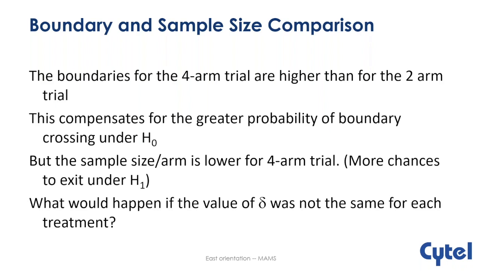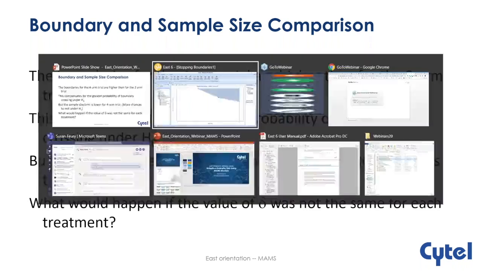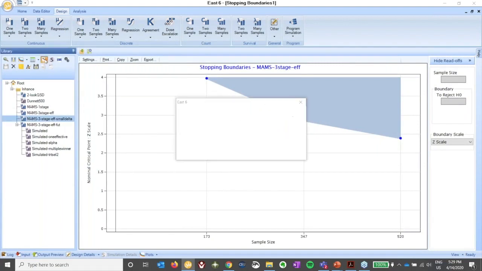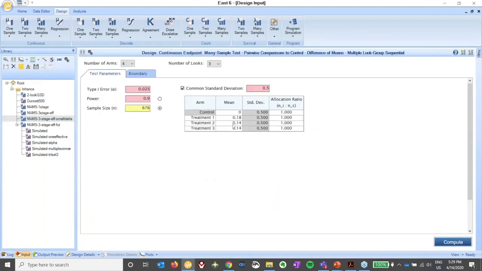the alternative hypothesis. So the next natural thing to see is what would happen if the values of delta were not the same for each one of the treatments. So if I were to go back to my design here, and instead of looking at a common delta of 0.18 in each one of the 4 treatment arms, I only have 0.18 for treatment 1, while for the other treatments, delta has become smaller. Well, you would expect